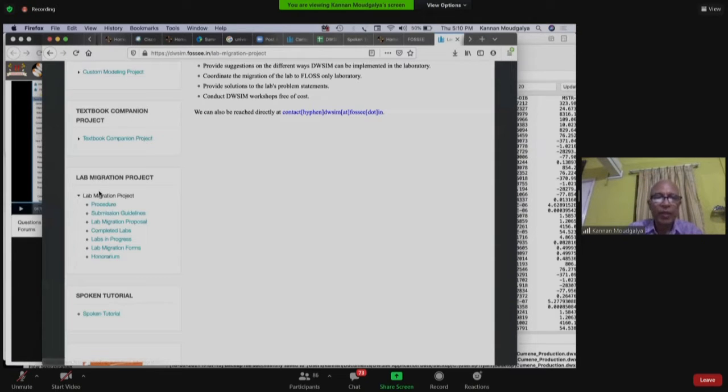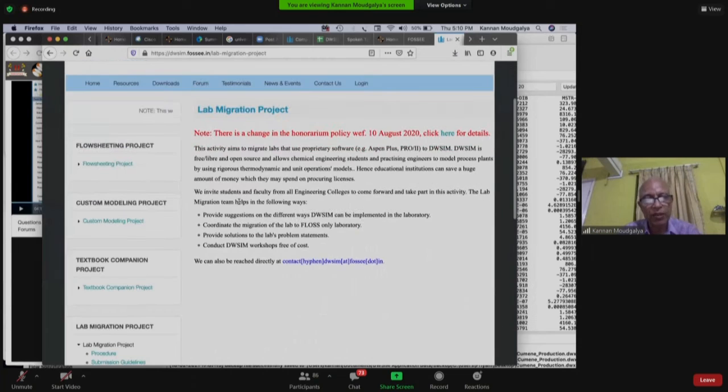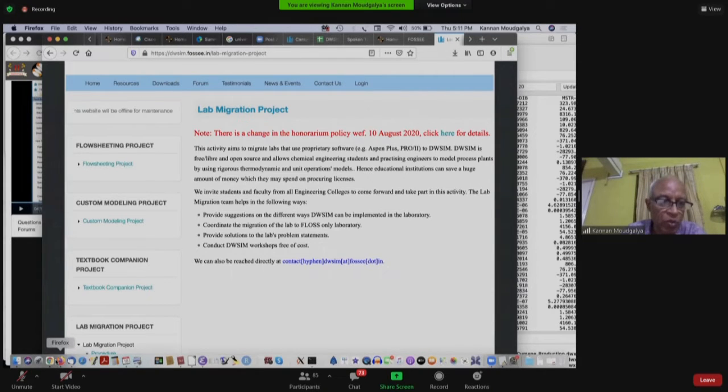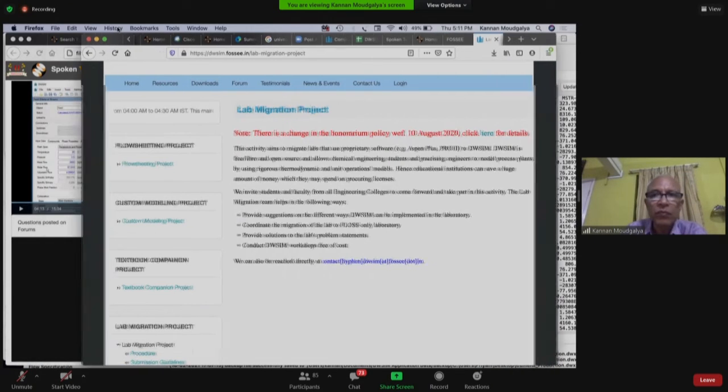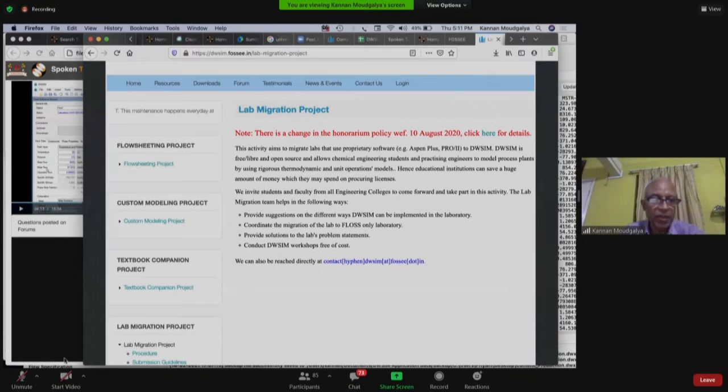Okay. So the lab migration project is something very nice for teachers, because there are colleges that, when the team comes for accreditation, say, look, we contributed to this and many people are using it, and so on and so forth. So that is very good. In fact, I want to point out Dr. Subbalakshmi had sent a mail. Let me just see how this works. I'm just telling you, for accreditation work, for example, this will be very useful.